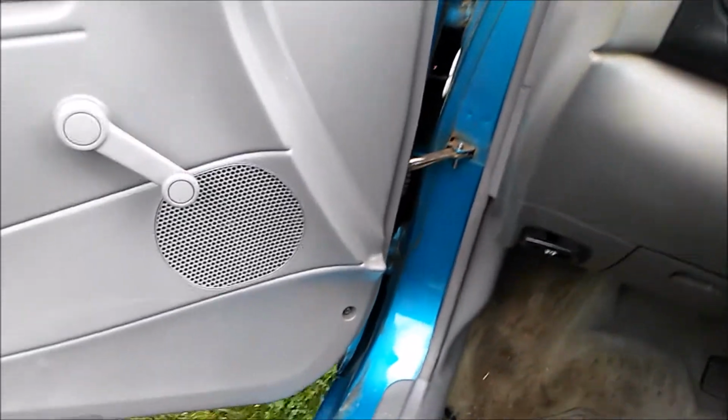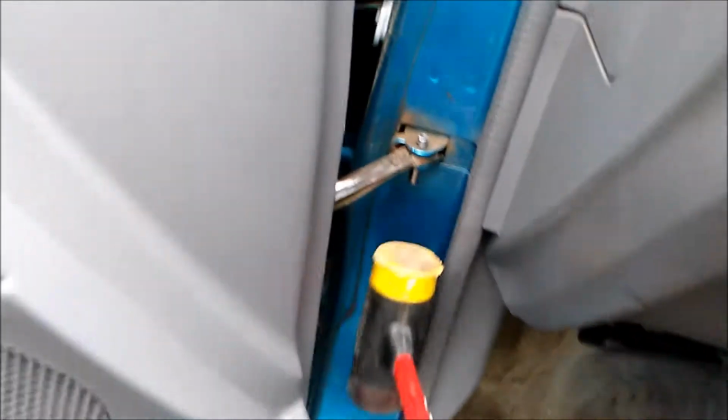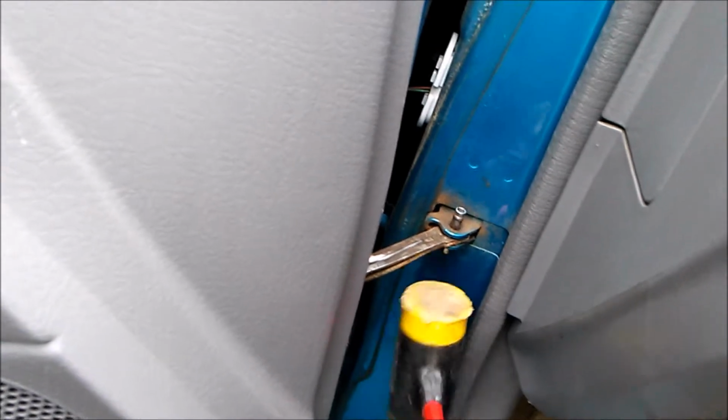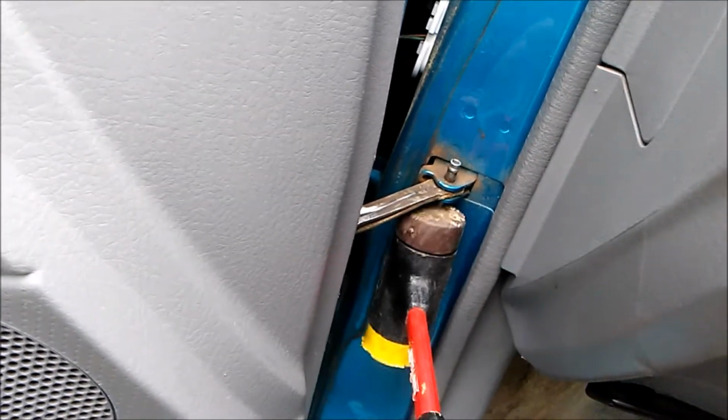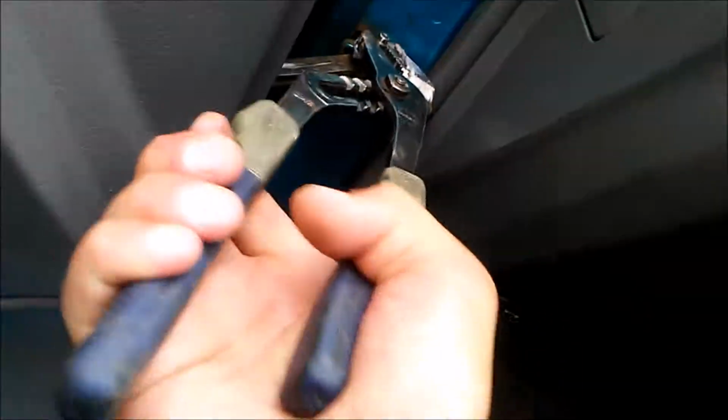So I got all the bolts off, and the only thing holding on is, alright, can't forget about this little pin right here. Can't forget about it. Just gotta pop it out. I'm using a mallet. Use the rubber side. And then, if it doesn't come all the way out, try not to bend it up. But I want to use a pair of...